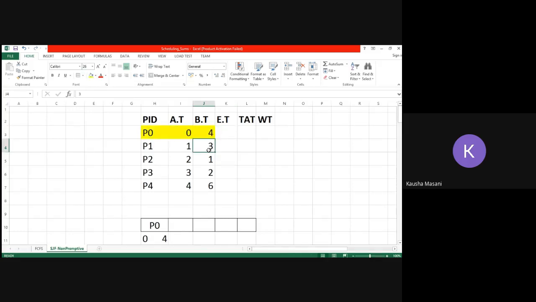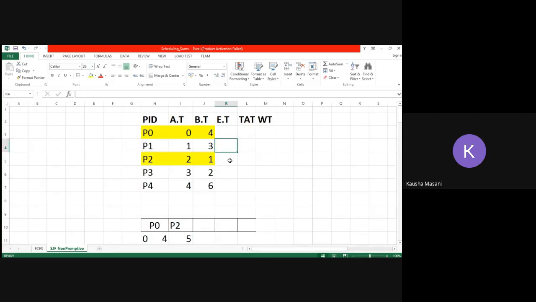Now go and focus on this burst time. Which is the process which is having the least burst time? B2, right? So P2 you are going to write here. And what can you say about its execution time, for how much it is going to occupy for next 1 second? So that you need to add here. So 4 plus 1, that is 5. Okay, so this one P2 is also done.